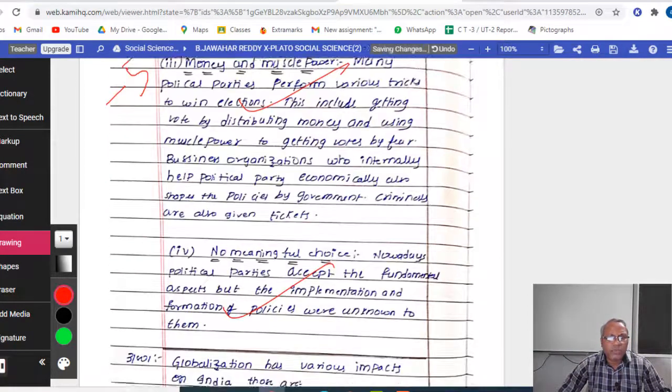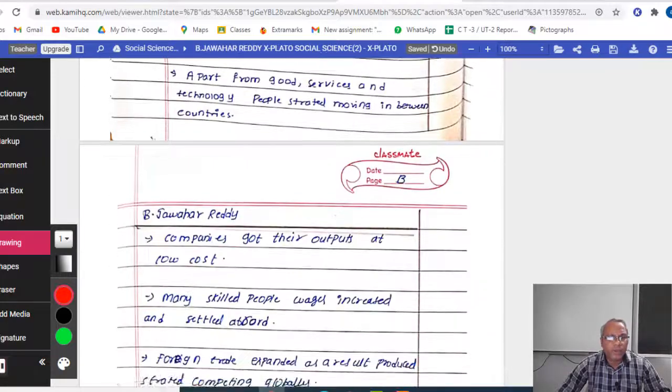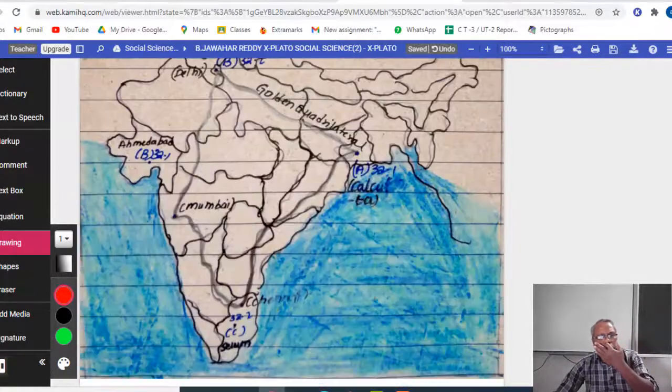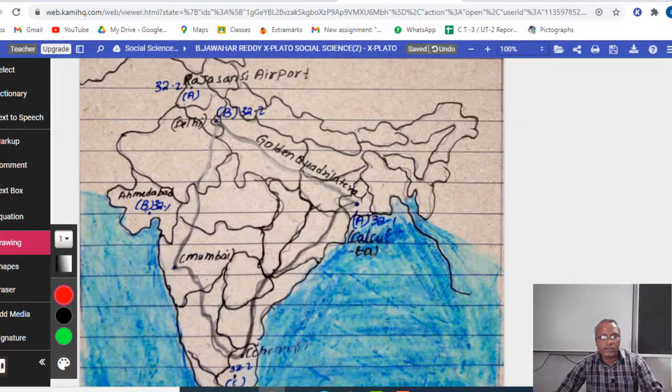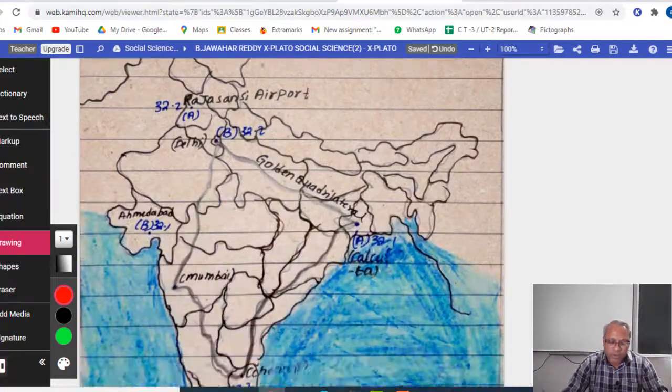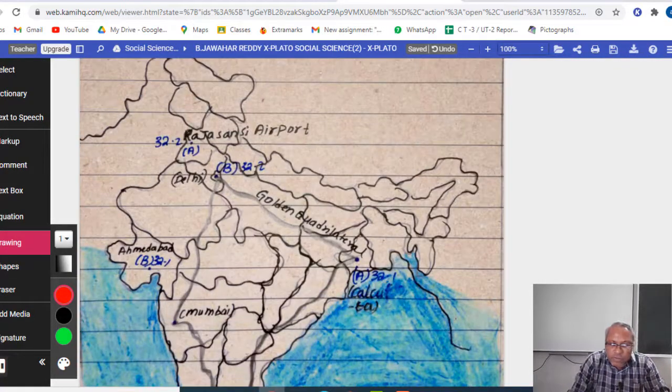And the last one is from the map question. In history, 2 places were asked to be marked based on the clues given in the question paper. Calcutta is correct, and Ahmedabad is one more correct, so he gets 2 marks.